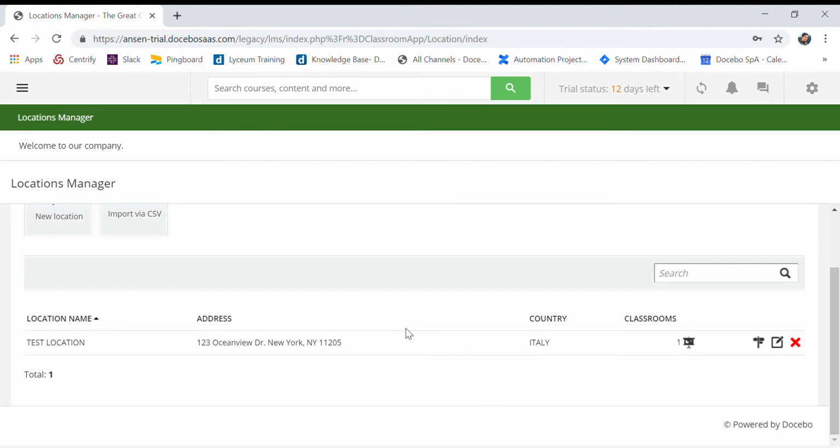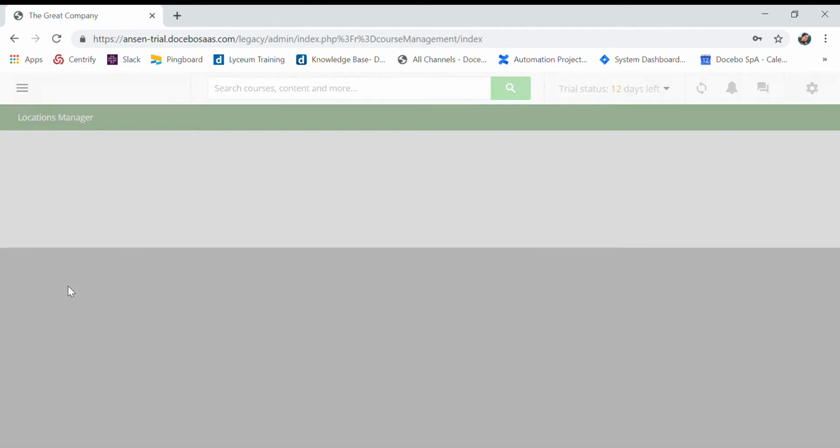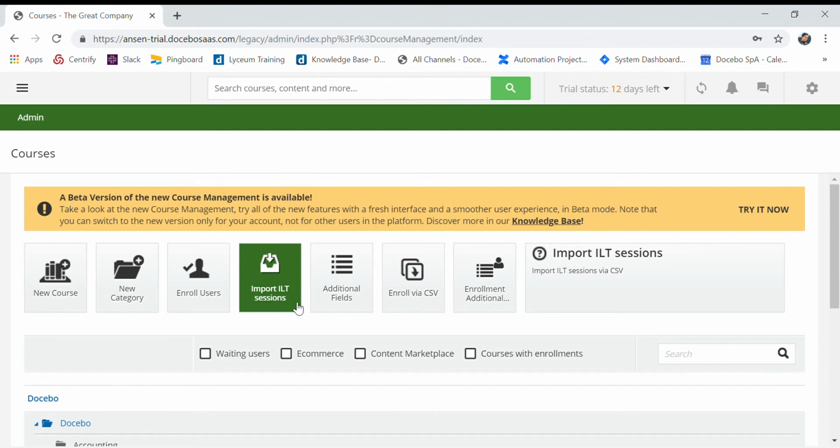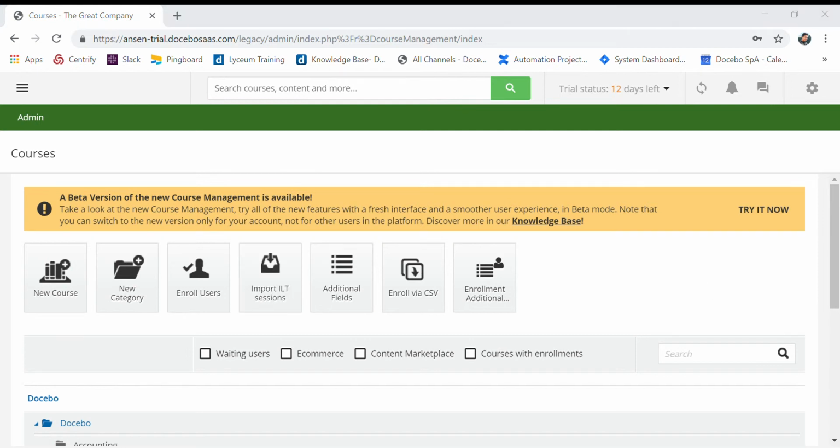All right. Once we've created our locations, we're going to go ahead and actually create an ILT classroom course. Again, this is a fairly straightforward process. We'll go to the admin menu, we'll access the courses page. And on this courses page, we can choose from among an ILT course that was previously configured. For example, we see here project management certification